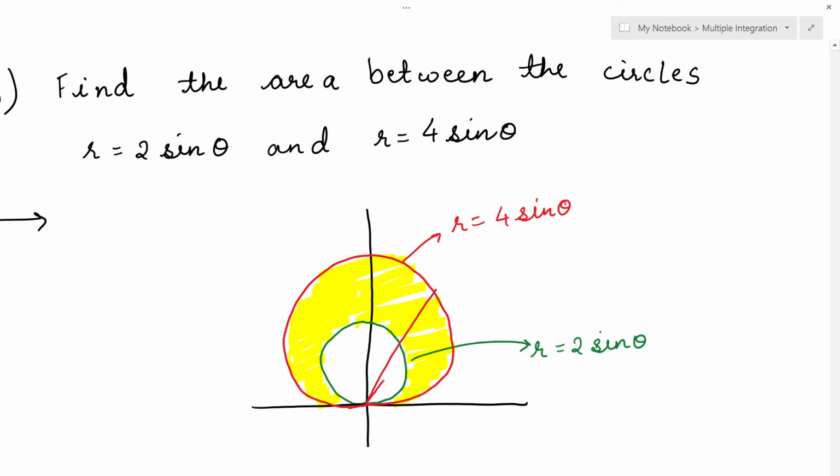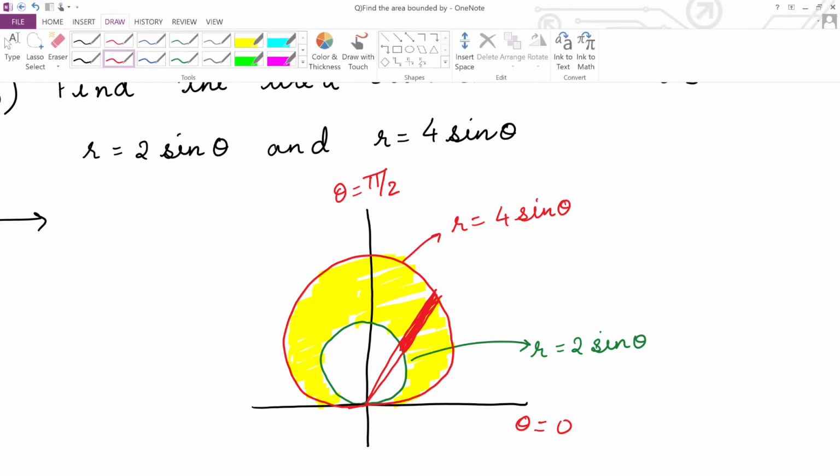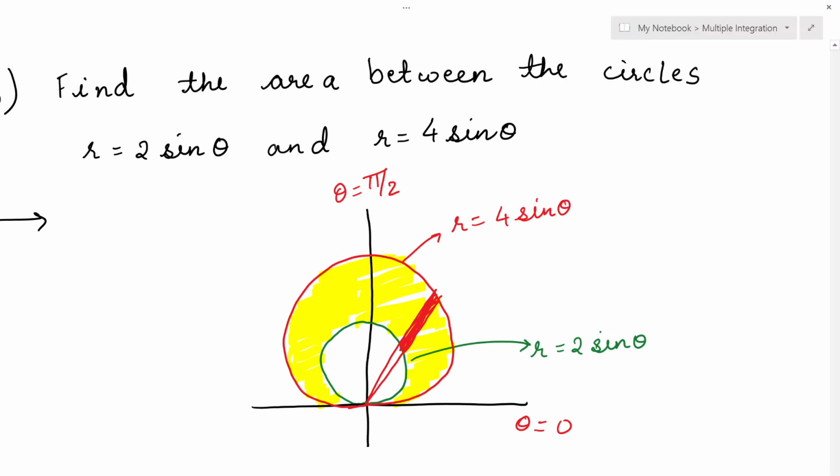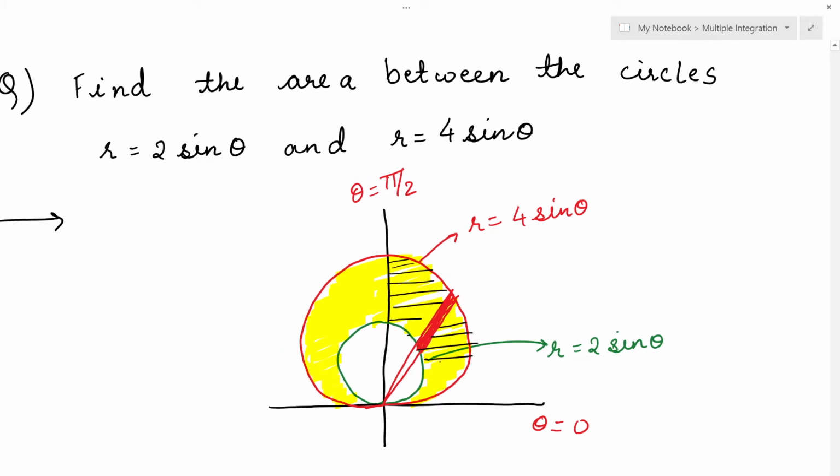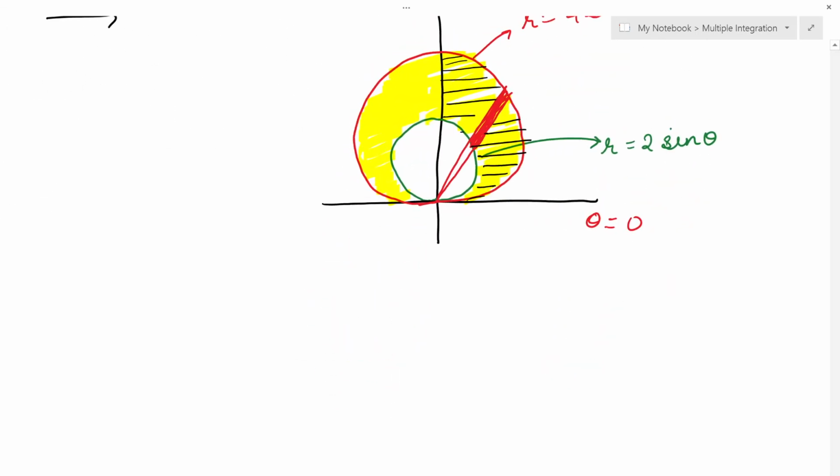Okay, this radial strip I have to take. I don't have to take a vertical strip or a horizontal strip now. Since it is polar form, you have to take the radial strip. So the limits will be r and theta. Now you can see this radial strip is touching the green circle, r is equal to 2 sine theta, and up it is touching r is equal to 4 sine theta. If I don't take symmetry, I'll have to take the whole angle. But since I'm taking symmetry, I'm considering only this region and I will multiply by 2. So for this region, the angle is 0 to pi by 2.